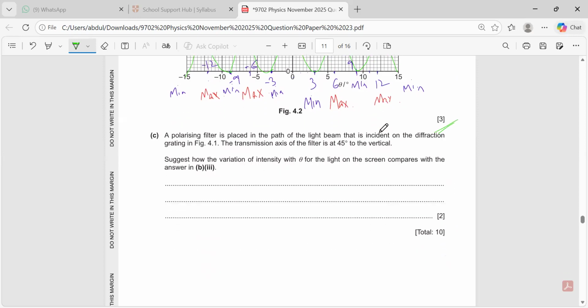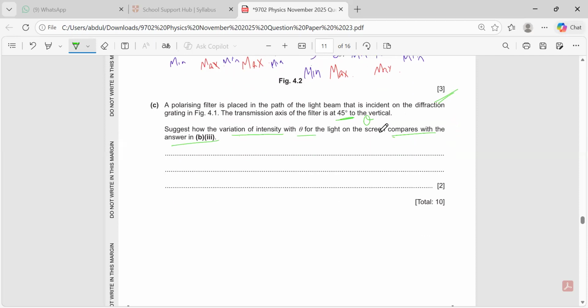Now, next: a polarizing filter is placed in the path of the light beam that is incident on the diffraction grating in figure 4.1. The transmission axis of the filter is at 45 degrees to the vertical, so theta is given. Suggest how the variation of the intensity with theta of the light on the screen compares with the answer to B3. That is very simple. Whenever there is an angle like this, Malus's law helps us out. So what can we do, my dear friends? We can write that